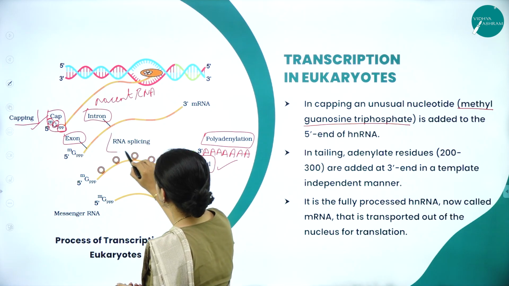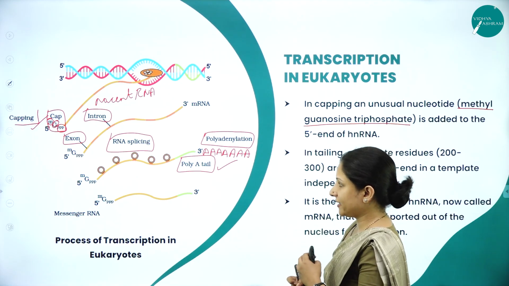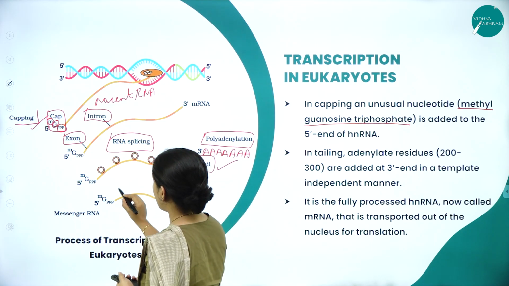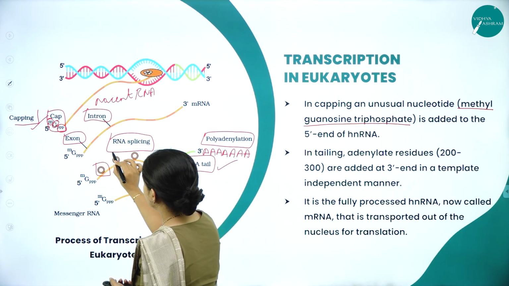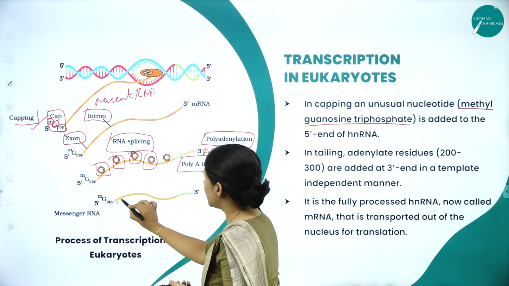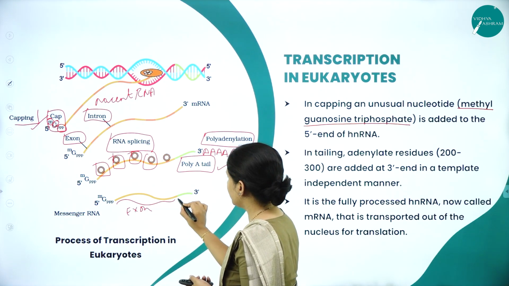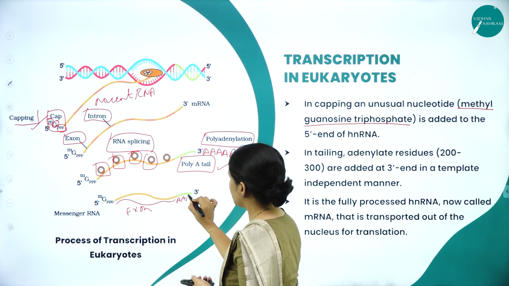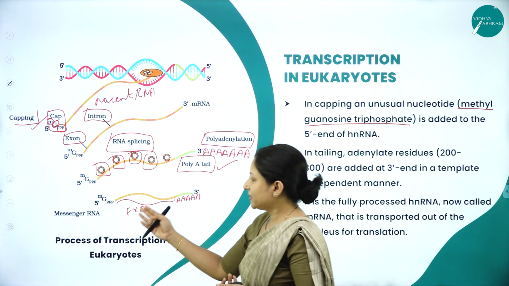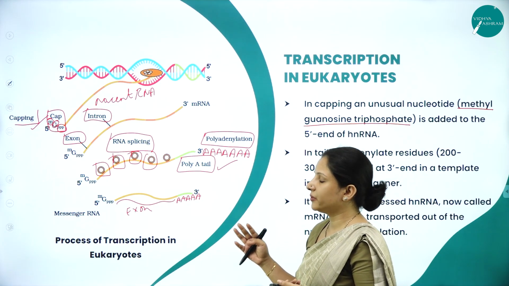After that, RNA splicing will happen. After the polyadenylation or tailing process, in RNA splicing, all the introns will be removed. Can you see here? The introns will just coil and get removed, and we will have only the exons. So all these are exons later on, with the poly-A tail. This is how the messenger RNA will get formed. Now, doesn't the messenger RNA have only the coding sequences? Yes, only the exons. So this is what happens in eukaryotes.